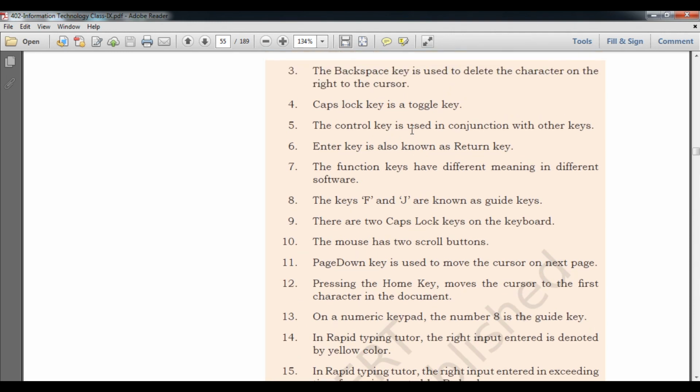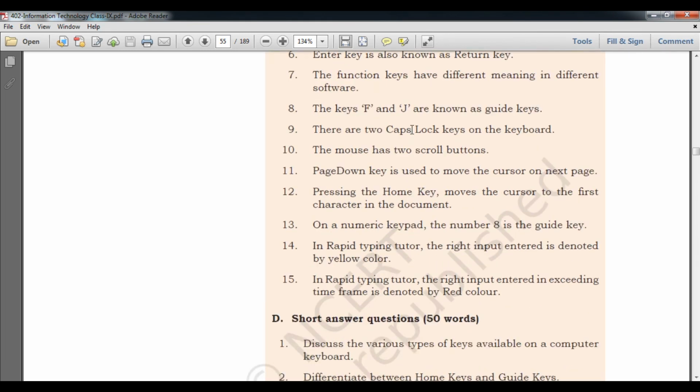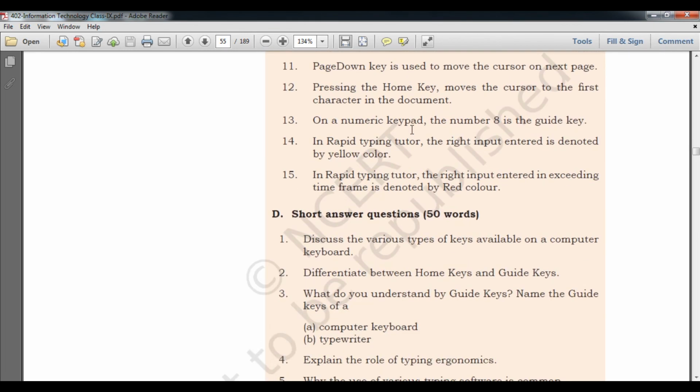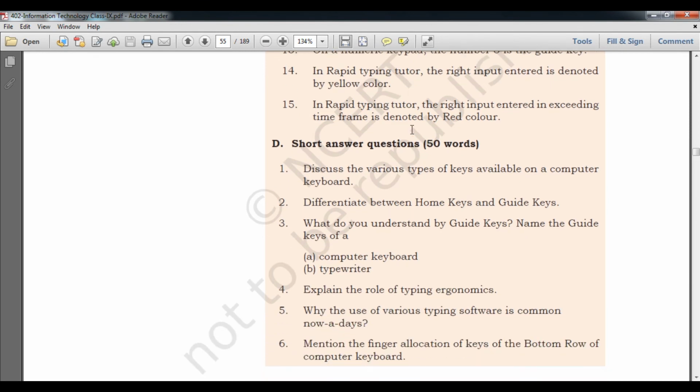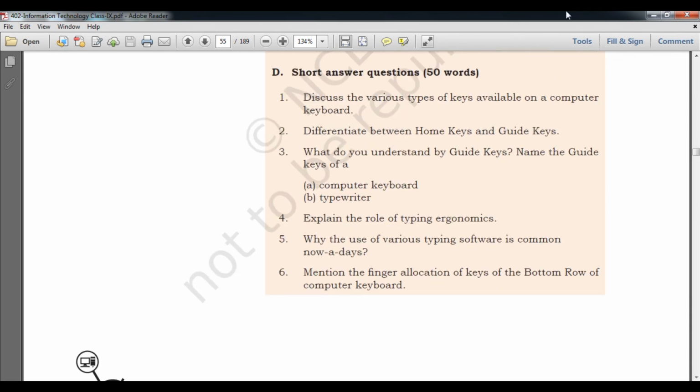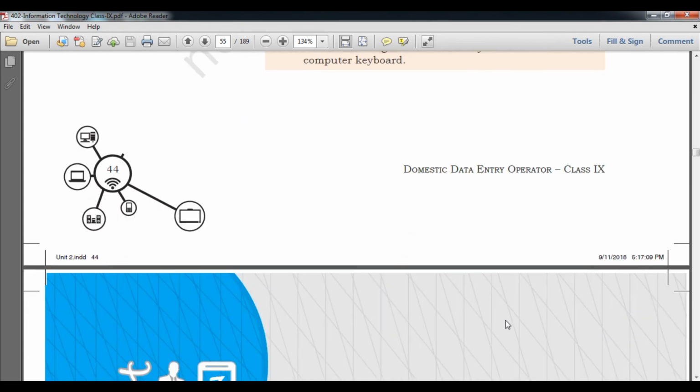So you have to pause the video and then complete the answers. Now section number D. You can see the video, pause the video, and write the answers in your home class copy.